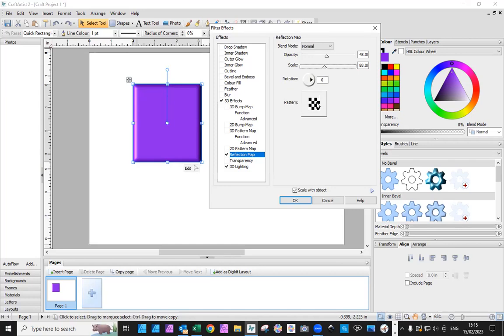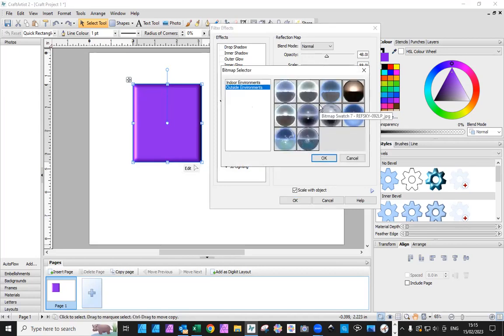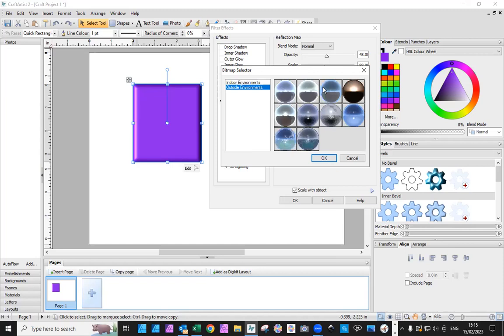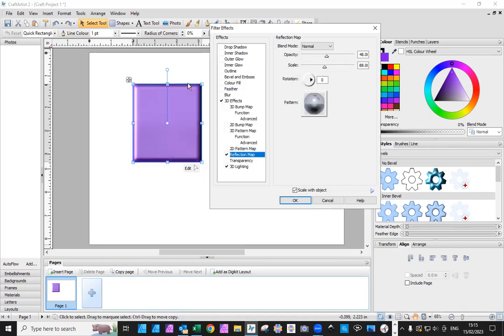Now, we've got patterns. So let's have a look at patterns. And you have 2 sets of patterns in there. Now, my ladies, I know you've never seen them, but some of the other people working here would have used them or know about them. So you've got the indoor environment, and it gives you certain designs. And you've got the outside environment, and it gives you another type of set. And if I click on one, and I say, okay, you say, well, it only took the color up,